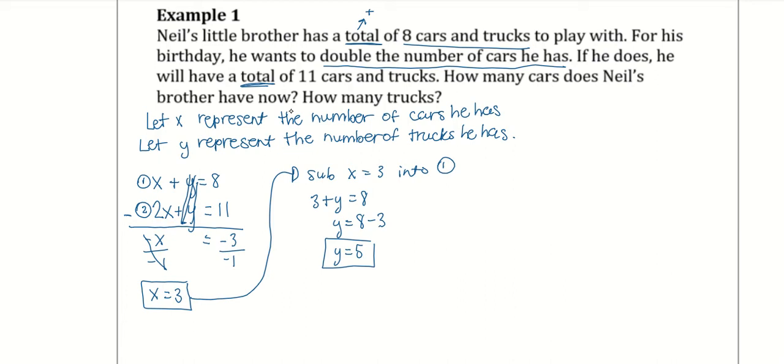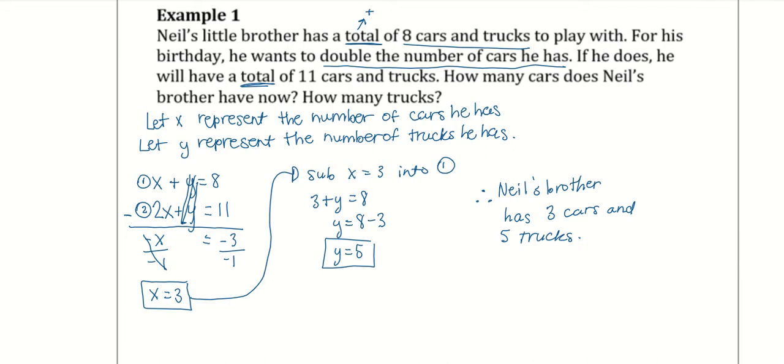Okay, so now we know the number of trucks he has because y represents trucks. So we can say, therefore, Neil's brother has 3 cars and 5 trucks. And again, if you wanted to double check that that makes sense, go back and read the